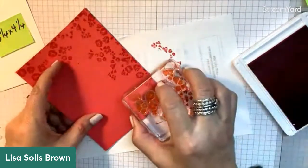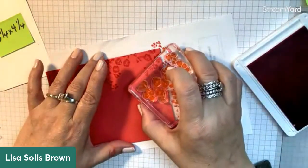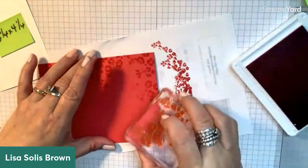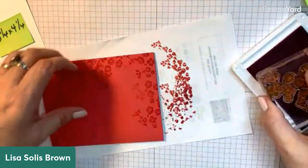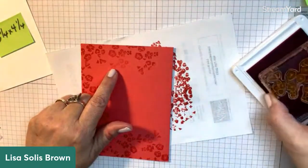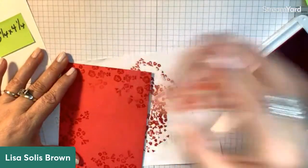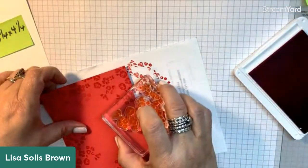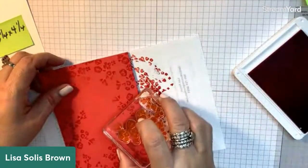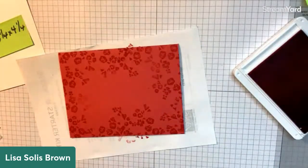Okay. All right, let's see. And I'm inking up each time. You can see that was a little lighter because I didn't get ink all over the stamp, but that's okay. Okay, let's do this. Okay, so now we have that. Okay, that's kind of like our background. I'm going to wipe my stamp off a little bit